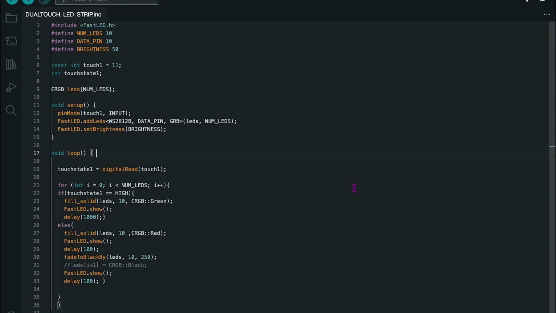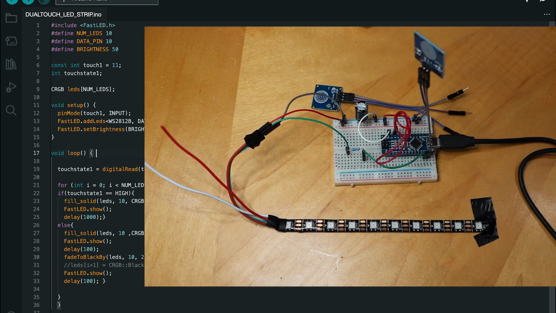All right, so we have set up our capacitive touch sensors to activate the LEDs, or the little LED jelly beans. But now we're going to be working with an LED strip, and just to demo what this looks like as of now,